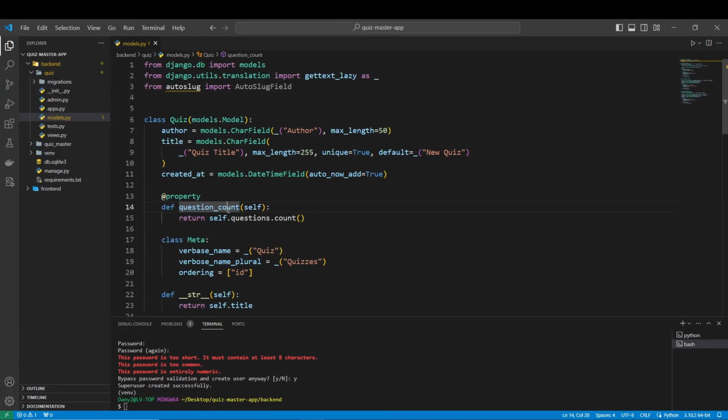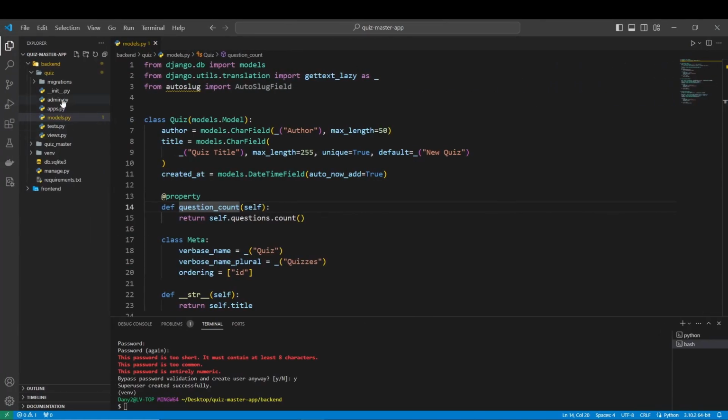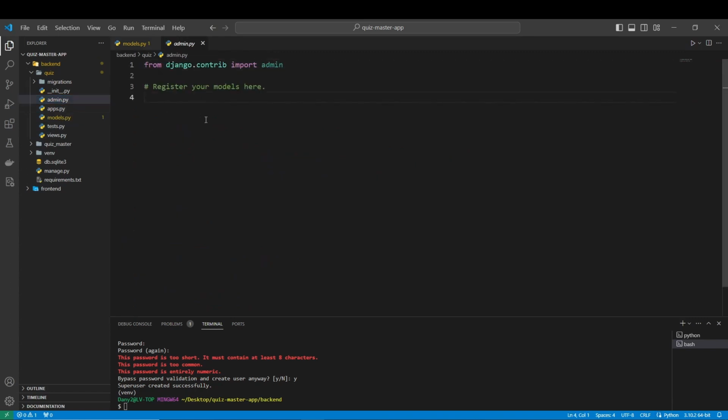We are now in our Django admin page, but as I suspected, the migrations were not applied, and there is a reason why. At least in the admin page, I know why, because we haven't set the models on admin. You actually have to register the model, or the models in this case, in the admin page. So what we are going to do now is, from models, import Quiz, Question and Answer,